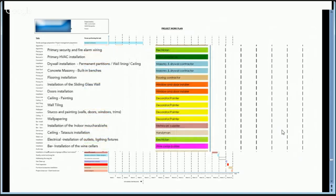So again, I can't zoom in here, so I just did another screenshot, but it's very logical. You can see the wiring goes in, HVAC installation, drywall, but we start you simpler. You'll even do this at the first stage with, say, decorating a room, because you'll have tilers and different things like that. But obviously at this stage it's much more comprehensive and more detailed, so you need other ways of organizing it,